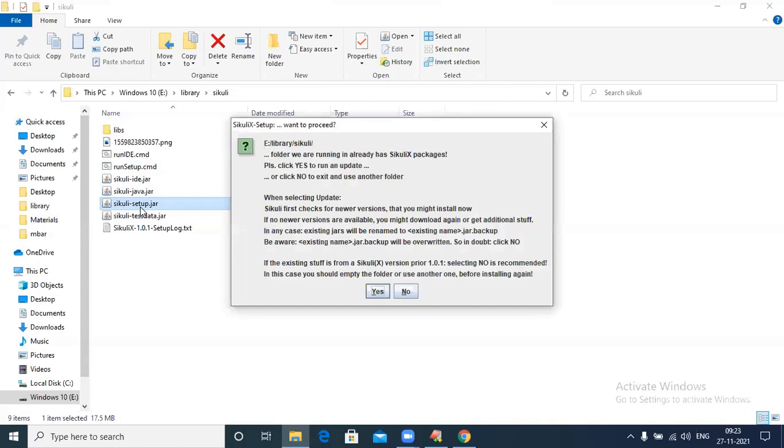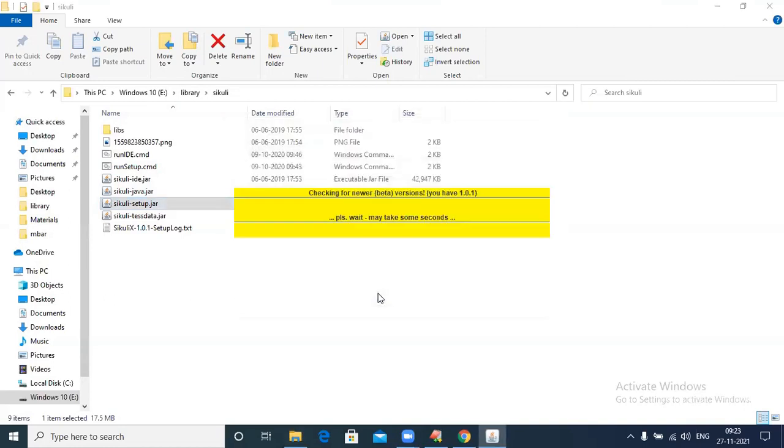Run setup.cmd and those. Sir, I have already installed it. That's why, see, it is asking, "Do you want to proceed?" Yes, sir. It is showing versions already available on my machine. So you can just install it, double click on that. It is giving the process. Just click on next to finish.